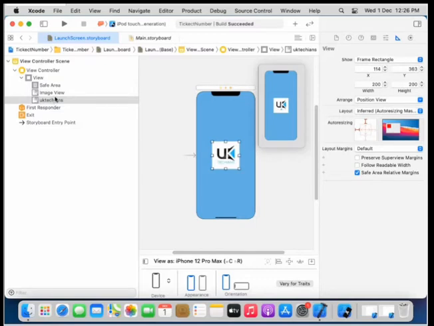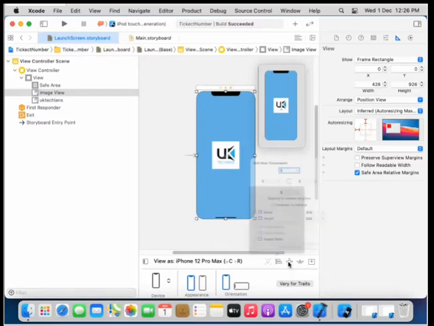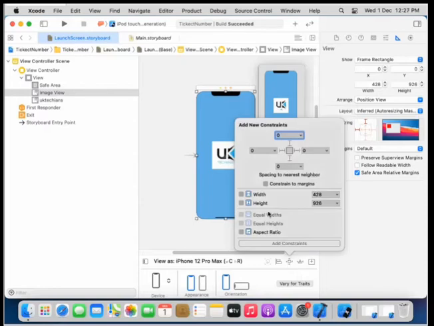So what is the first step to change the constraint of the image, which is our background, right? To change the constraint we have to go to this button that says add new constraints. When we click over here we will see these 4 properties shown here, and the values are 0, 0, 0, 0, because we need to align the image with the corners of the device.